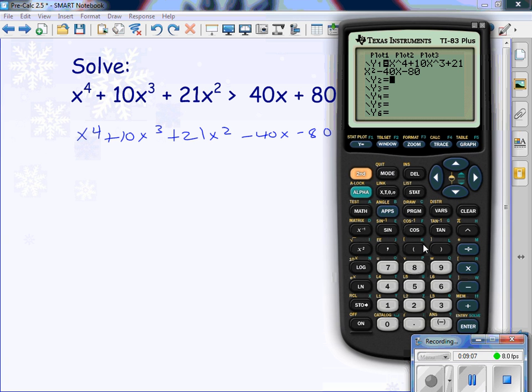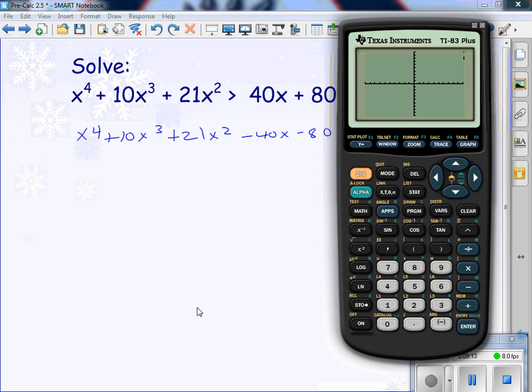Some of you might have already had it in your calculator from the other class, leaving it there. Zoom, 6, it graphs,